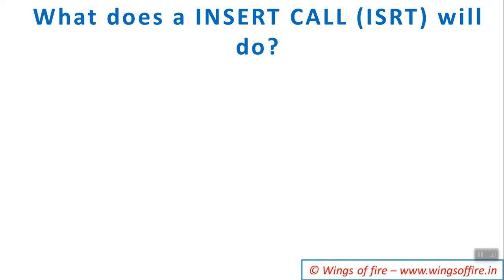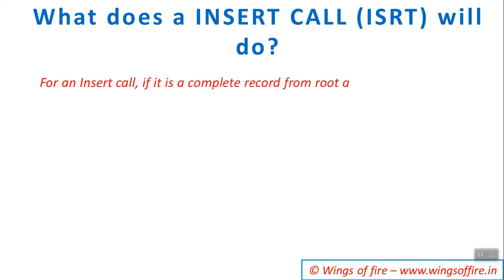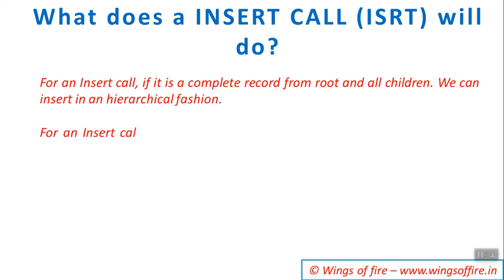If there's a duplicate segment occurrence, it will give a status code of II, double I. So you have to check for double I for a duplicate key. Okay, and when inserting into a database using processing option LS, you'll get an LB status code when you're inserting a duplicate key.